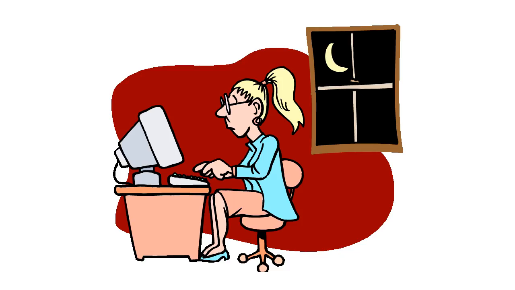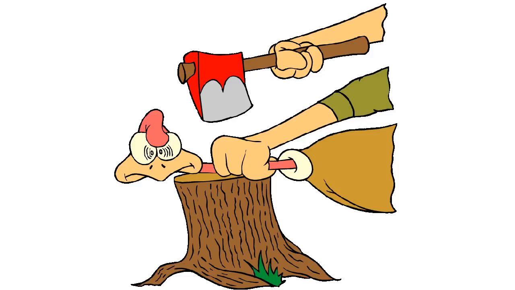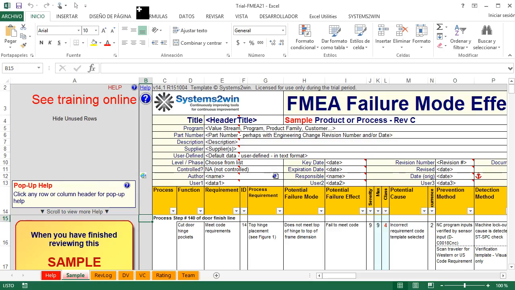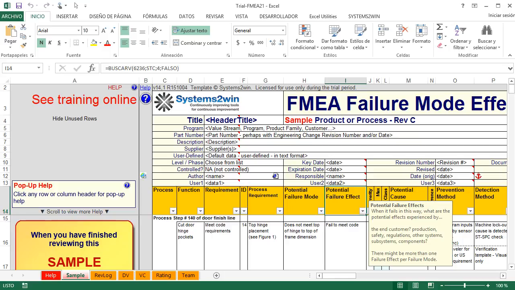Now, if you enjoy developing your own homegrown templates, you will soon learn that there are differences between the international versions of Office and Windows. In other words, the German version doesn't always work identical to the Malaysian version. If you are the VP that made the decision to use homegrown templates, that becomes your problem. If you use Systems to Win templates, that becomes our problem. One difference that you should be aware of if you are using an international version of Excel is that when you click a header for pop-up help, sometimes in international versions the pop-up window is smaller than the English version, and it might cut off part of the help.